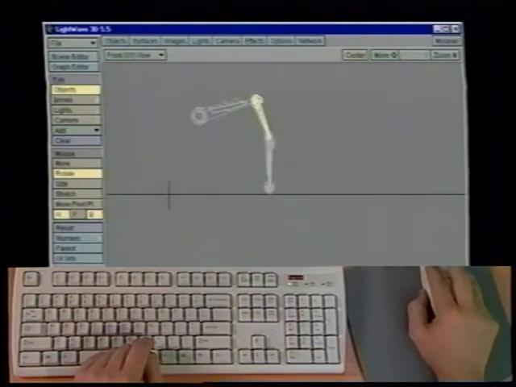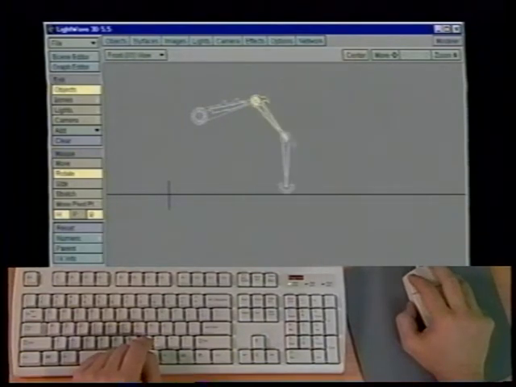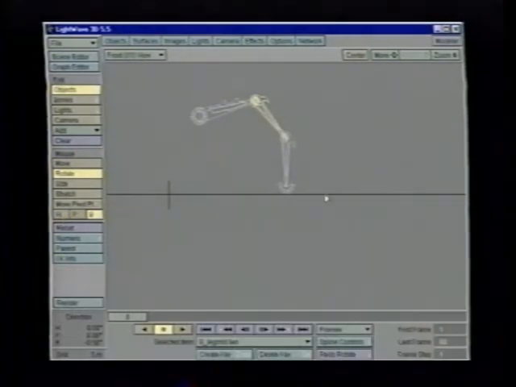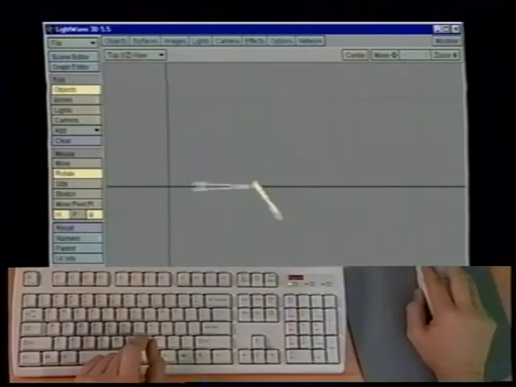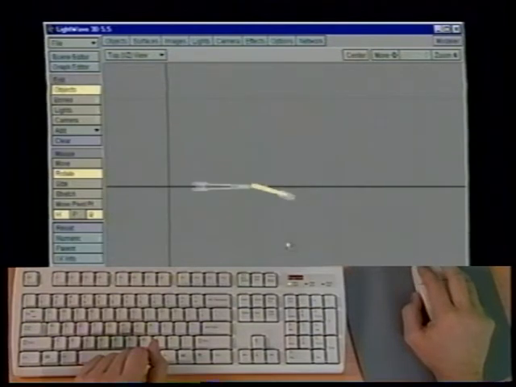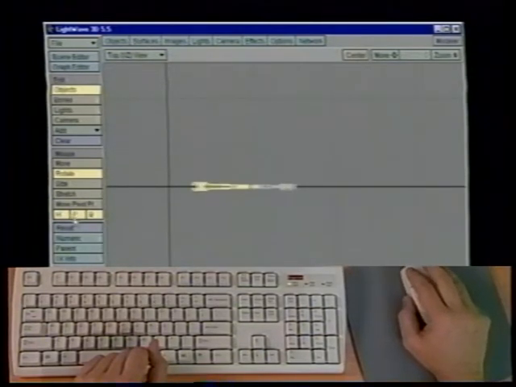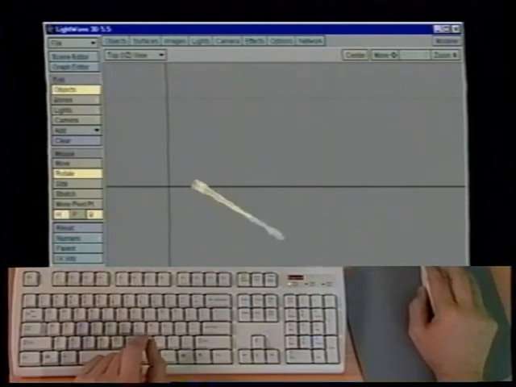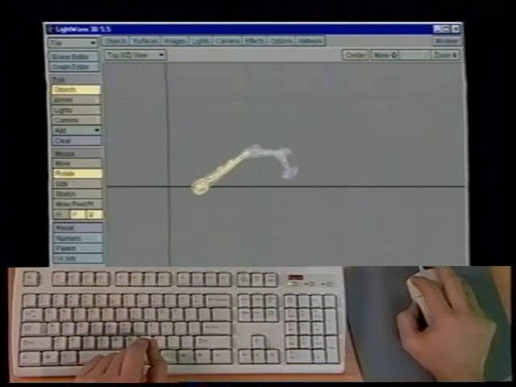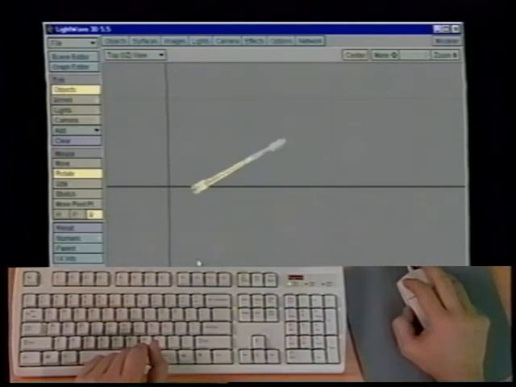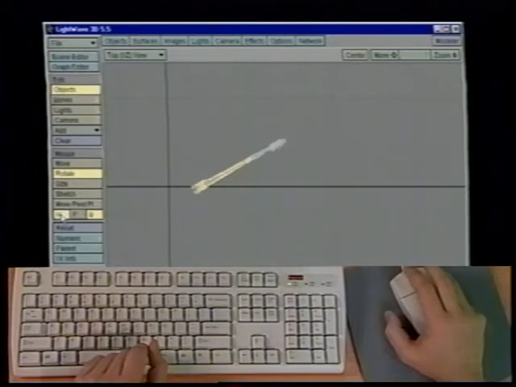There are certain legs we don't want to have move on the heading. I'll undo the rotation and turn off the heading so that I can't accidentally turn the leg on its heading. Looking in the top view, you can see we wouldn't want this leg to change on its heading. That would be breaking the leg. The upper leg, we do want to move on its heading, but we don't want to have it move on its pitch. So I'm going to undo the rotation and lock off the pitch channel and only activate the heading